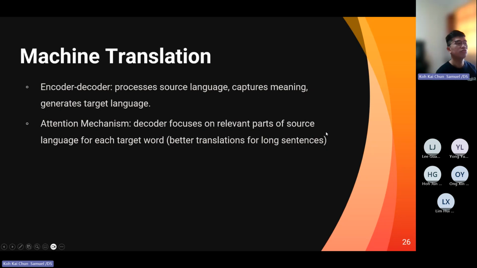So for machine translation, right, the encoder-decoder tries to process the source language and capture the meaning, and then generates the target language, like I mentioned just now. They also use this thing called the attention mechanism that focuses on the relevant parts of the source language for each target word, for better translations of long sentences. We will cover attention mechanism later on, because